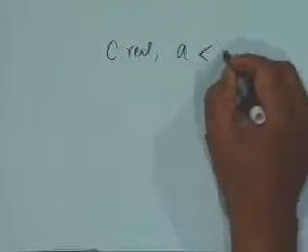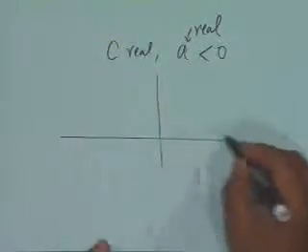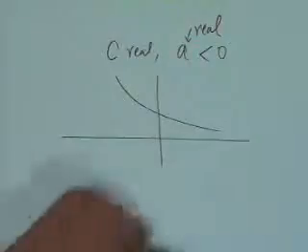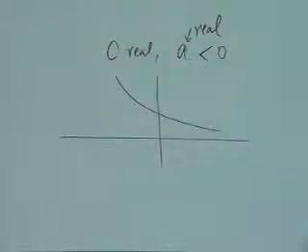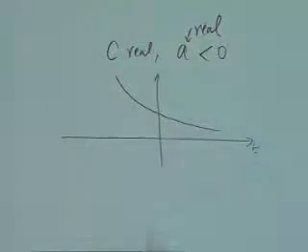Suppose c is real and a is negative. A is also real and negative. Then a plot of this signal versus time, let me use some other color, would be like this. A natural phenomenon that can be compared to this situation, this is t equal to 0, is, let's say, the real worth of a rupee. It goes down exponentially with the number of years. On more concrete terms, things which you are familiar with, let's say